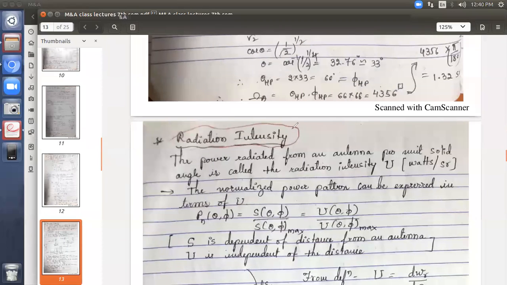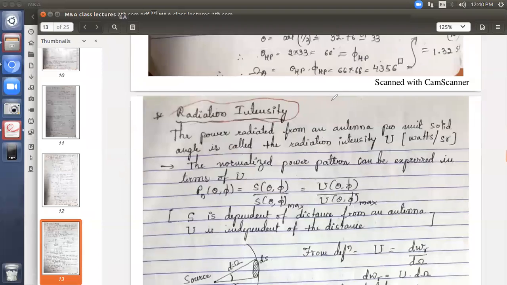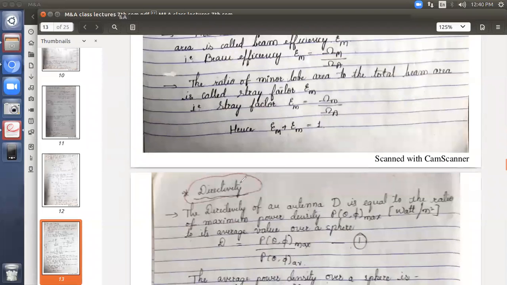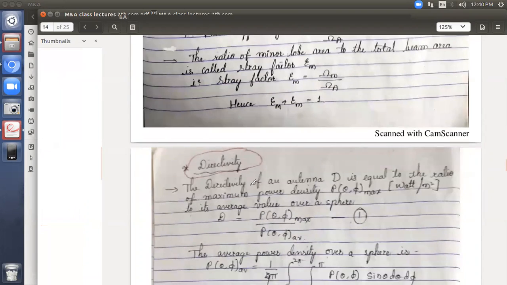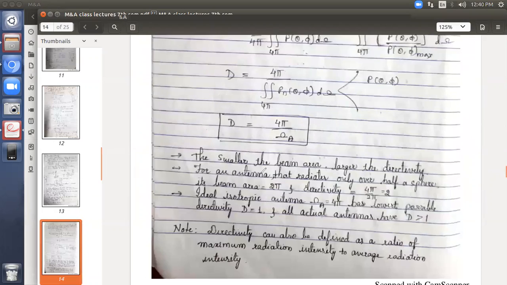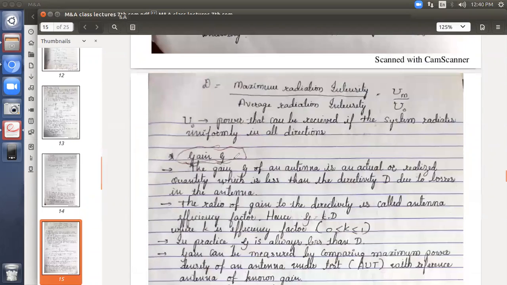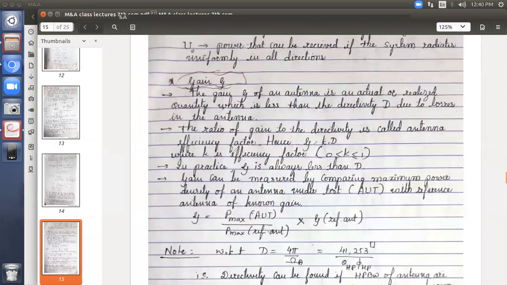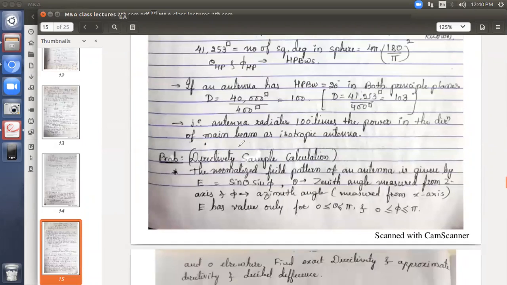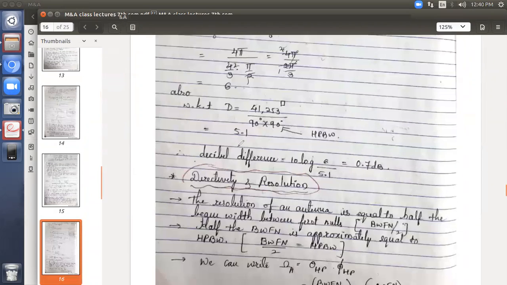Next, radiation intensity, capital U. Then directivity, capital D. After directivity, gain, capital G, we have seen. Then directivity and resolution,